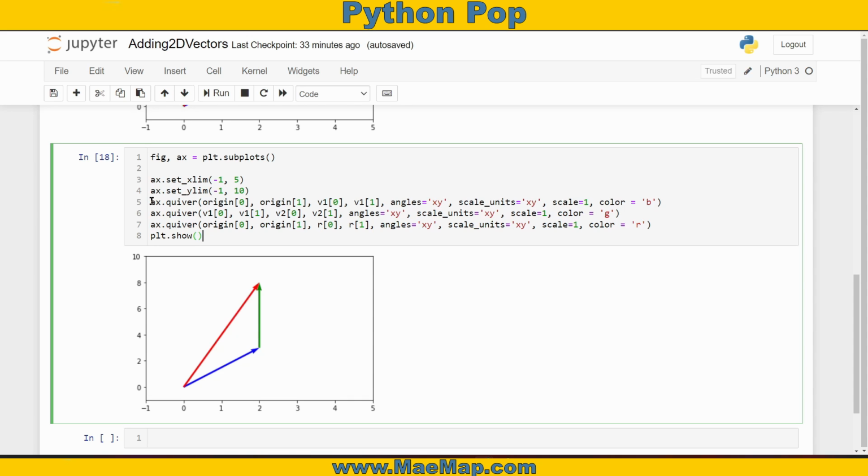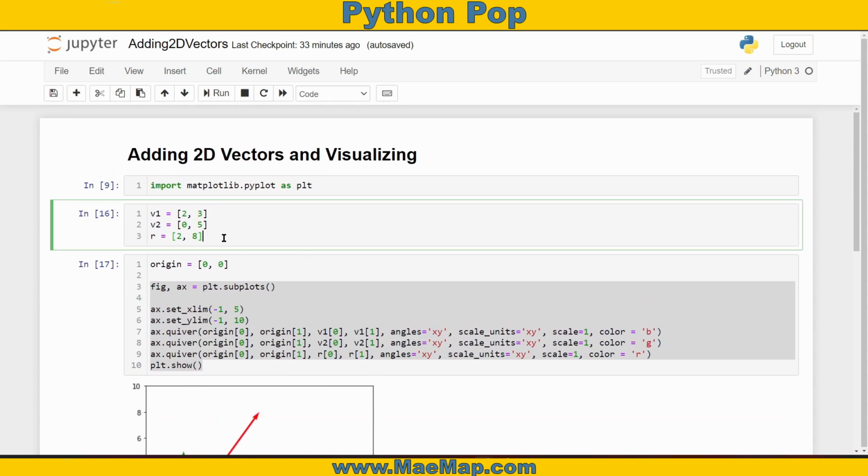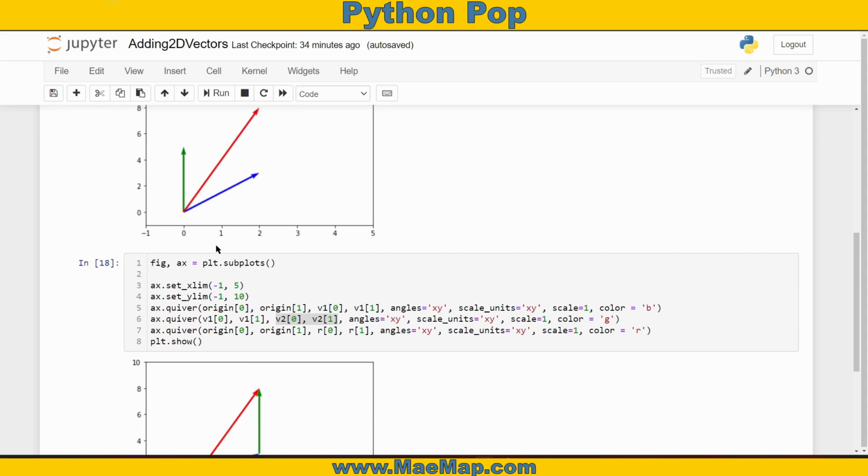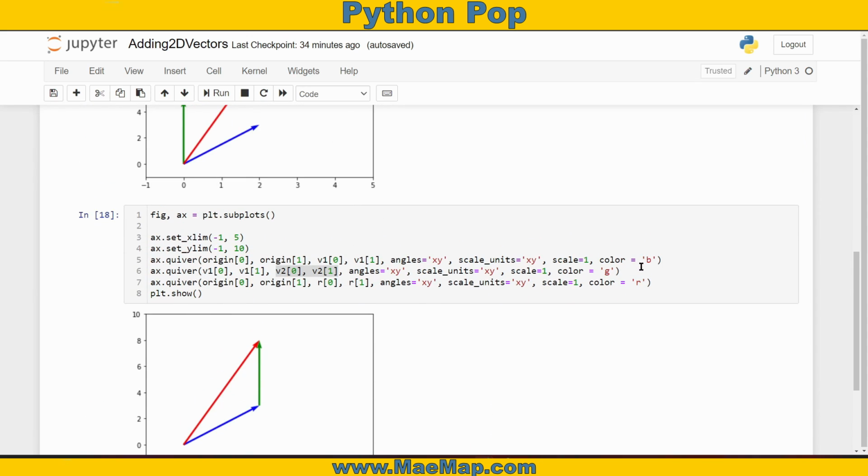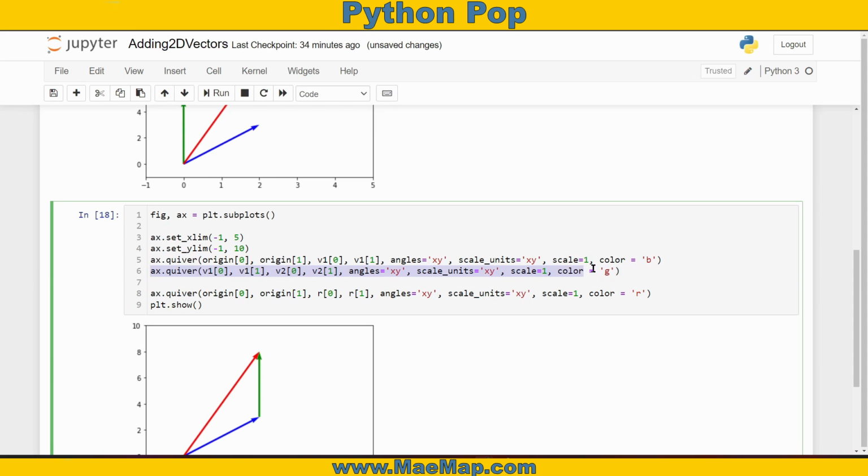I want to make a quick note before moving on that if you were to then add a third vector in, you cannot just take the second vector and set it as the new origin for your third vector, because remember, those first two parameters are your starting point, which is not necessarily the coordinates of the vector itself. It worked out in our first case because we were starting at our origin, we know we would wind up at 2, 3. But if you added a third vector in, the head of vector v2 is currently at the point 2, 8. So we would need to put that